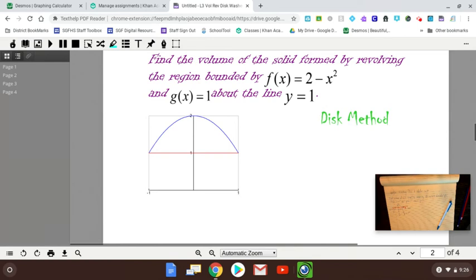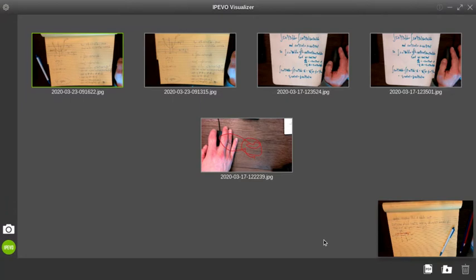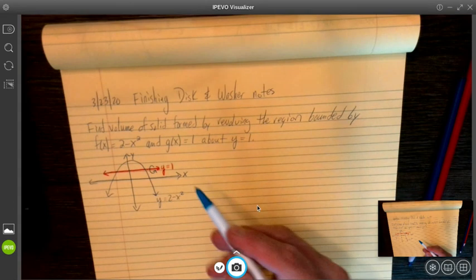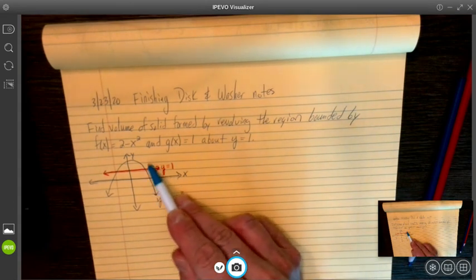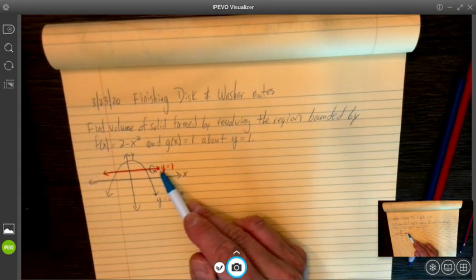Most of it's just video and working through the problems. The biggest thing I can say is that you are rotating a rectangle around a line, which will give you a cylinder. Remember that a cylinder has a radius and a height, and the radius is always measured from the axis of rotation. When I rotate these things, I like to write in the little rotation symbol right there